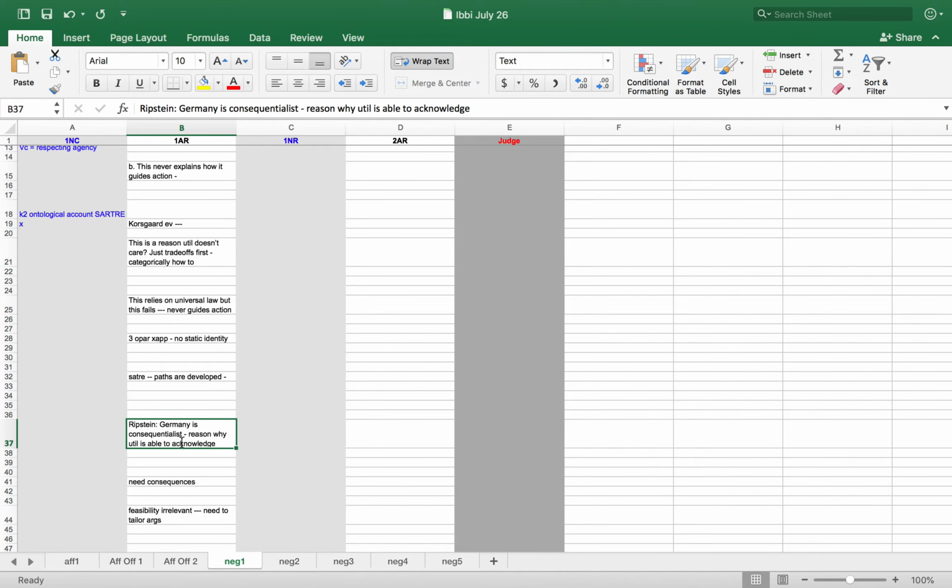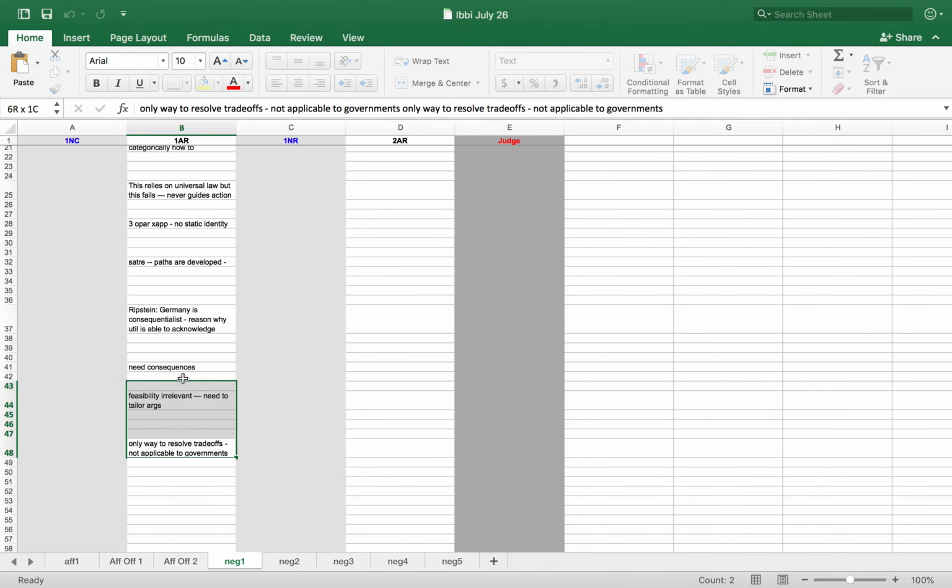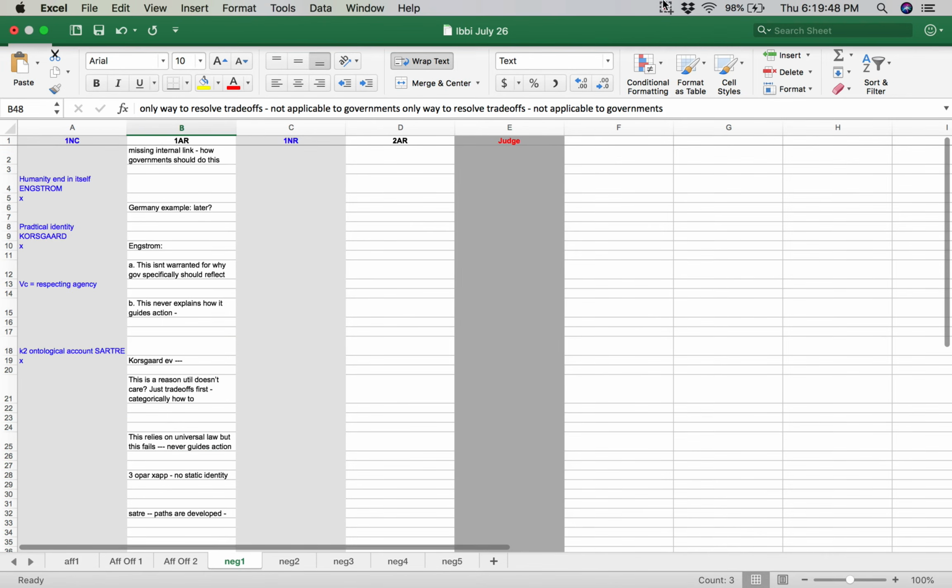Ripstein I thought was handled fine. And the last couple arguments about like feasibility and governmentality I think once again are repetitive. The speech I think took you 252 or something, so I would try to get that down to 230 or maybe less. This is a much more kind of a full court press on framework than you'll really deal with in any real debate. But if you can cover all this in around 2-ish minutes, you'll be set because that's a lot of stuff to handle, and you'll be able to do framework efficiently. So why don't you take some prep and let's try this one more time.